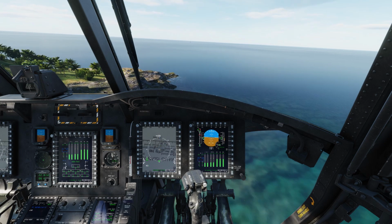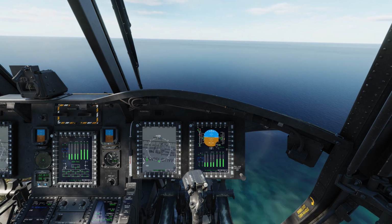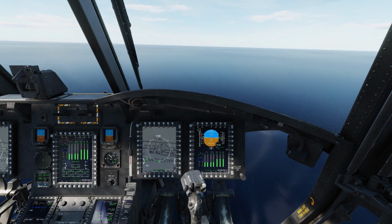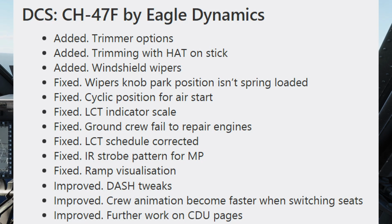So in terms of the updates themselves, I'll just read those out now. This is taken straight from the update log provided to us by Eagle Dynamics that you can see up on the screen there. So: added trimmer options, added trimming with hat on stick. These are things that we'll have a look at in this video today. Windshield wipers, not going to look at that today, but it's good that they've added that functionality in there, along with